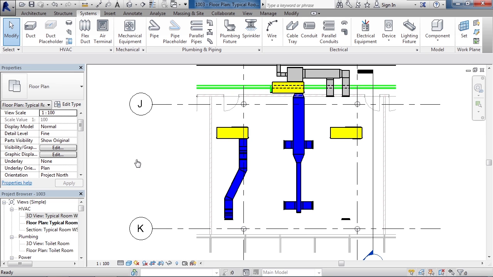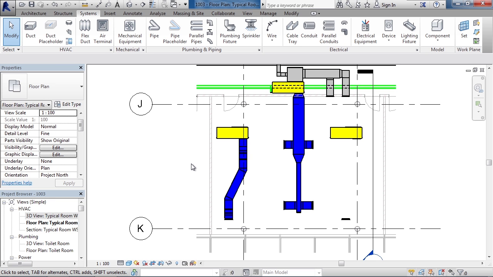And you can see those diffusers if I move my mouse over each one and pause, it'll highlight showing me each terminal diffuser. In this case, one on the end of each run of the actual system. What we want to look at is a duct placeholder system. So you may ask yourself, well, what's a duct placeholder system? If I know what a duct is, because I can see it's in blue here, what is a duct placeholder